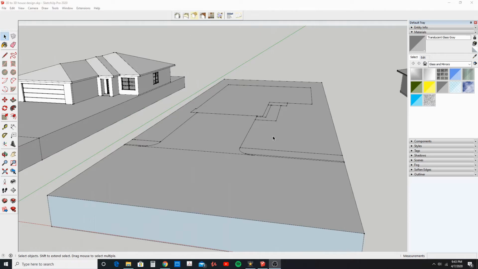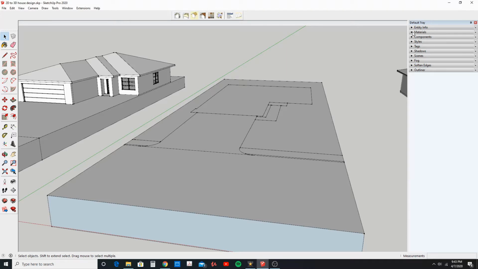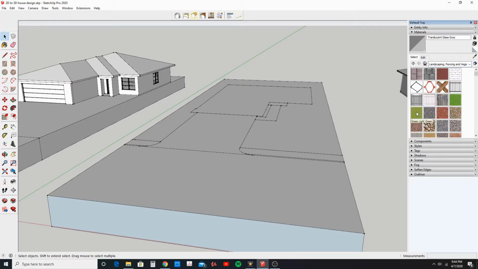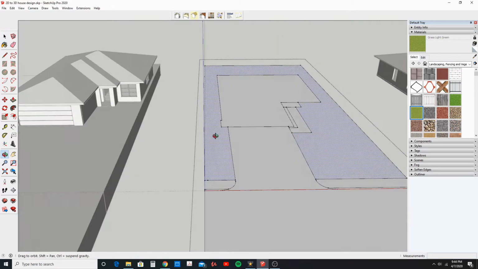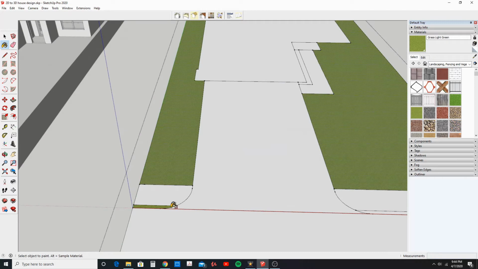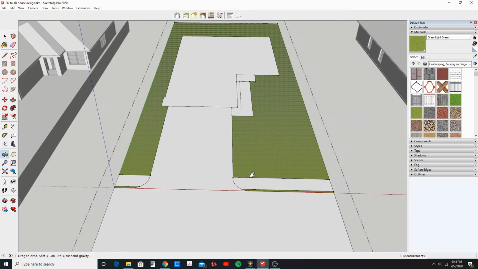Let's add some materials to our site. To do that, we're going to go to our tray here and click on the materials tab, and let's start with our landscape fencing and vegetation tab, and select this grass light green. Now let's make sure we are in our site block, or group, that we created, and let's select this paint and just start clicking on the areas where we will have grass,